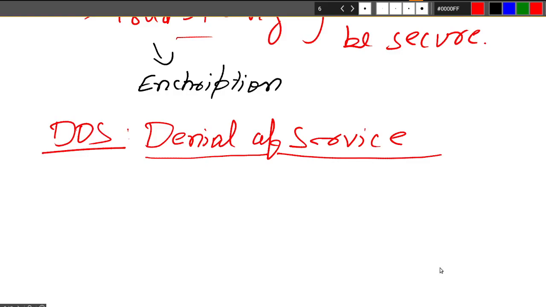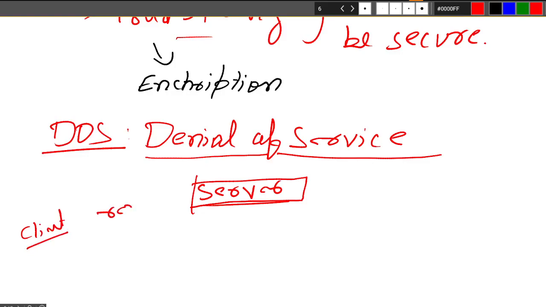So what happens in a denial of service attack? Basically, there is a server which is providing the services and is running. A client requests to the server, and the server sends the response.